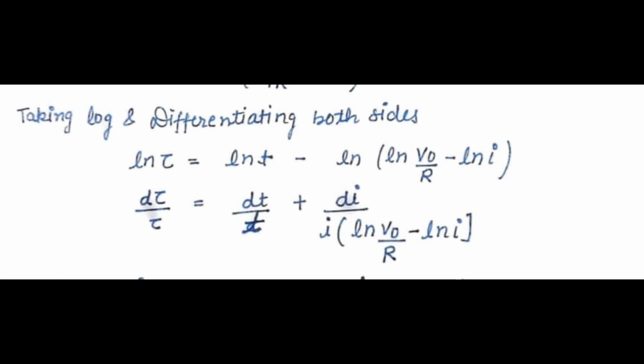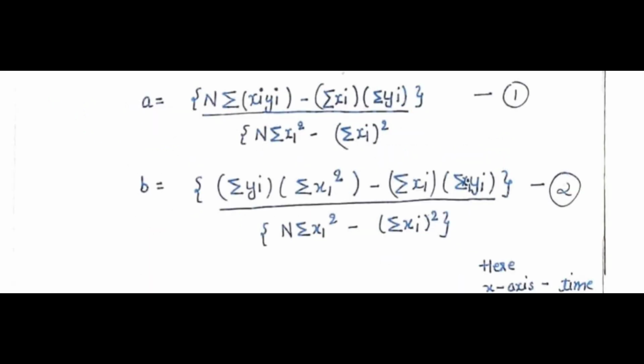Now dI and dt will be required, which will be the respective least counts. For dI we'll need the least count of the ammeter, and for dt we'll need the least count of the stopwatch, and plugging in the values will give us the d tau. Now so our final observed value will be tau plus d tau, and from the